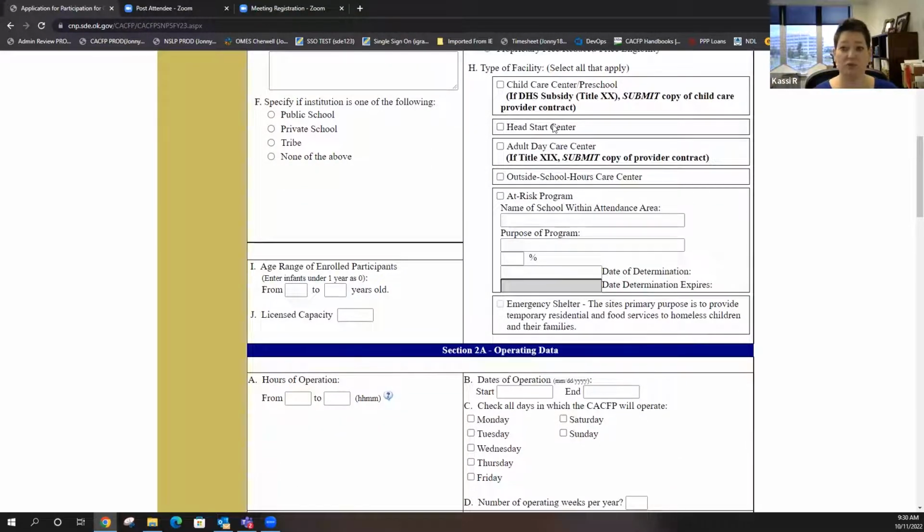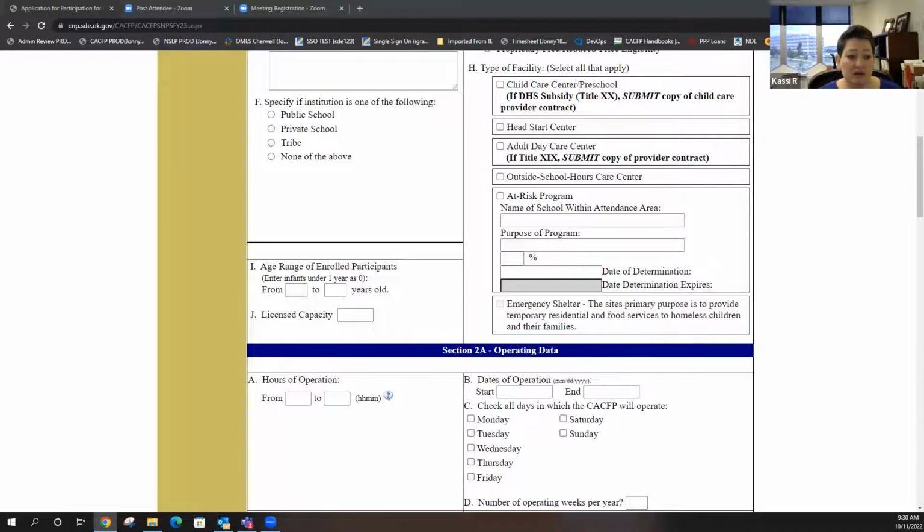Type of facility, that should have rolled forward. Make sure if you select Head Start, there's another selection down below, and I'll point that out, that you also select. We like to ask things more than once on these applications. I don't know why. What if you are a Head Start in a public school property? Head Starts in public school property are not required to have a DHS license. If you don't have a license, you truly should mark no. You would be the exception. We don't have a lot of Head Starts that aren't licensed by DHS, but yeah, mark no.